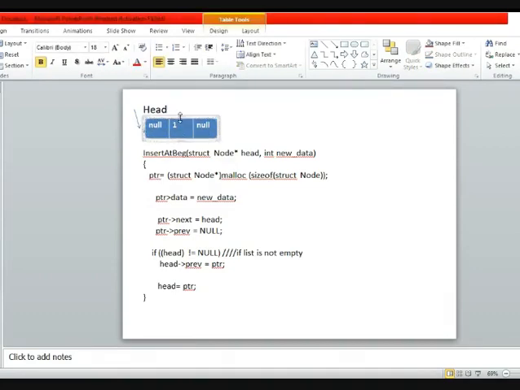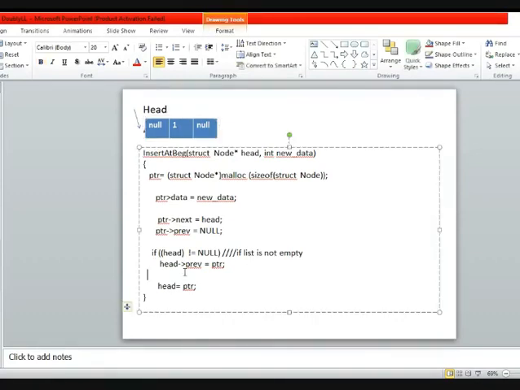Any doubt class? So the concept we were discussing: if the head of the list is not null, it means the list is not empty and you can proceed with this process, head previous is equal to ptr. Okay, in the previous field of head you can assign ptr, and the new head will be this inserted node.